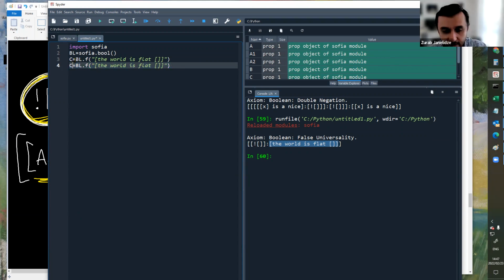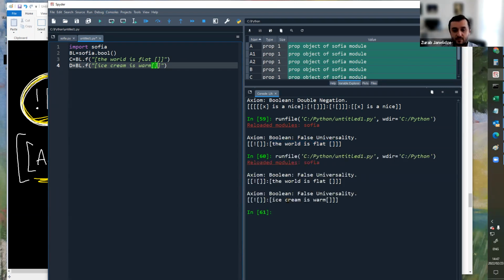I could put anything else I like. Ice cream is warm. And we'll have that axiom as well, saying that from absurdity, "ice cream is warm" can be derived. So the moral of this story is that absurdity is a mathematical statement from which every other thing can be derived. And that is a valid rule that we're going to believe in to build the rest of mathematics up.